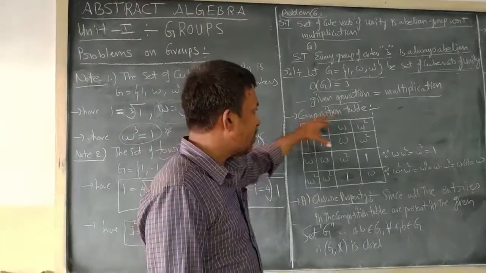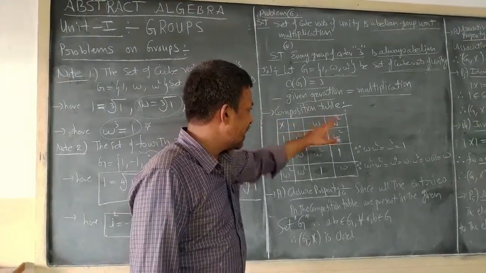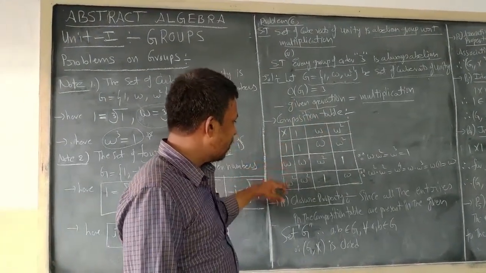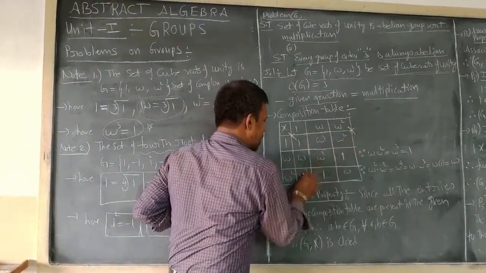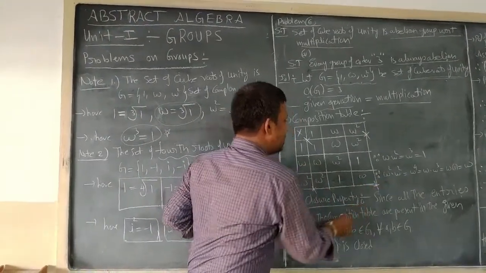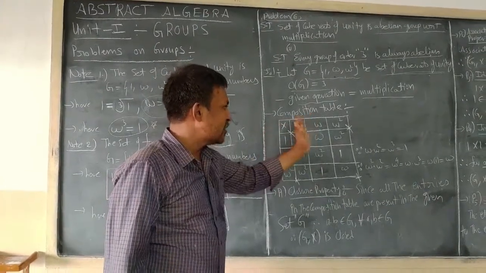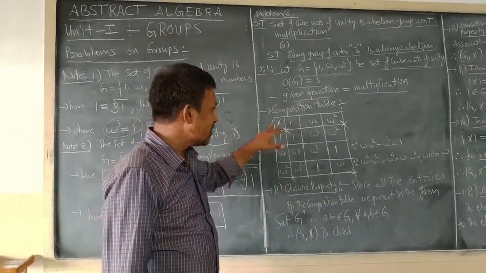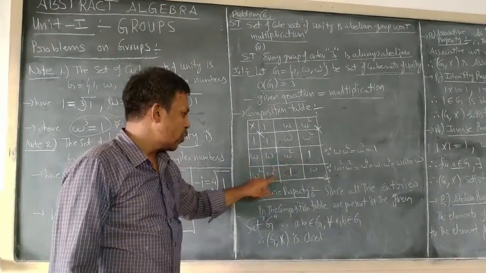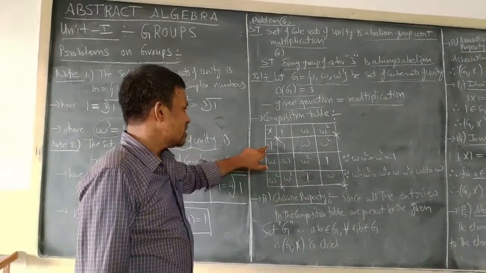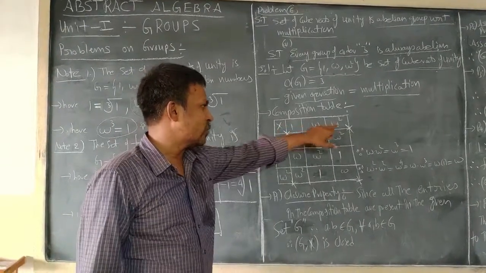So I have taken the composition table, and in this composition table I have taken 1, omega, omega square column wise and 1, omega, omega square row wise, and the elements inserted in between are the resultant values after multiplying the row wise elements with column wise elements. So the entries of the composition table are 1, omega, omega square; omega, omega square, 1; omega square, 1, omega. That is, the first row elements are 1 into 1, 1 into omega, 1 into omega square,